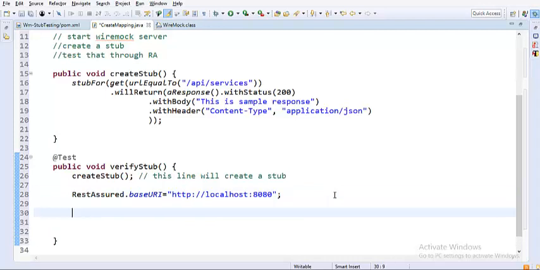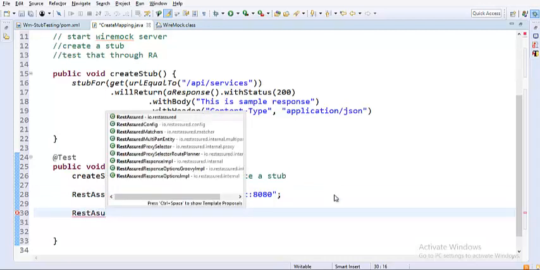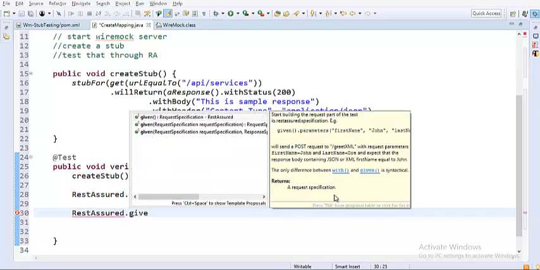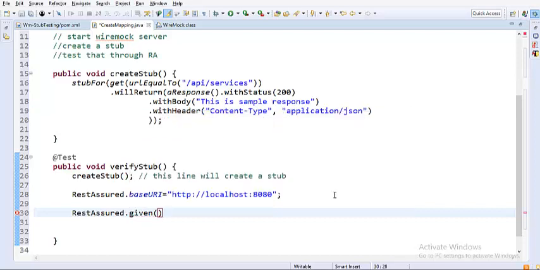And now in Rest Assured, you have something called given. So this would be working as a BDD scenario. This BDD syntax, this test case would be very readable. So even if you do not have prior Rest Assured knowledge, I'm sure that you are going to follow me. Just stay focused. It would be very easy.